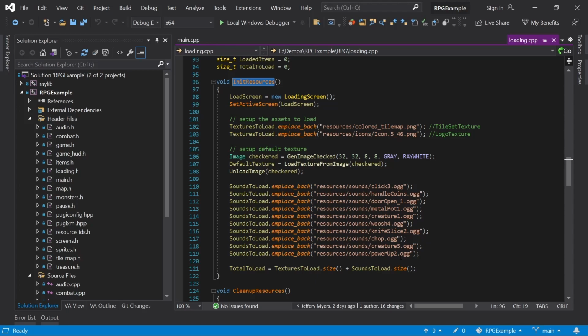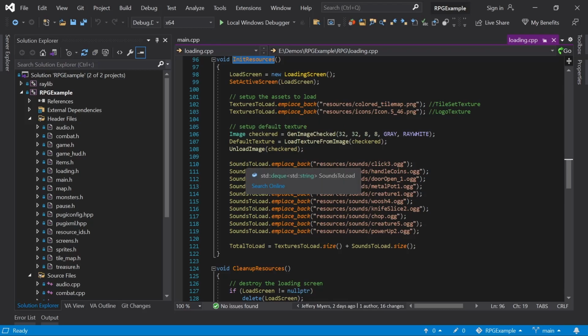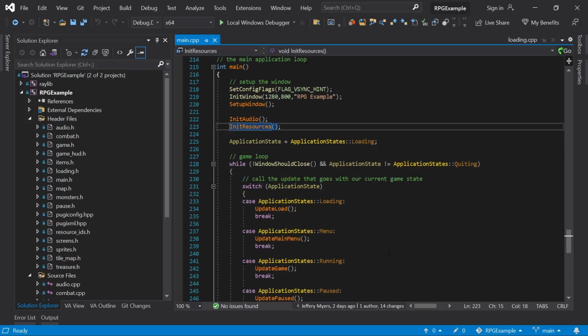Then we're going to go and load a series of sounds. These are all put into a list of things to load. So we have a list of textures to load and a list of sounds to load. This does not actually load these items yet. We're going to do that as the game runs, so that the game doesn't sit there and do nothing while